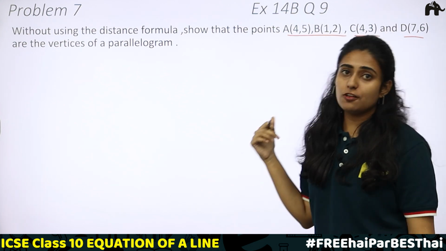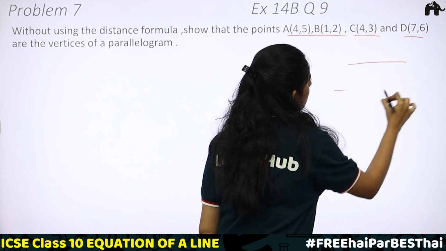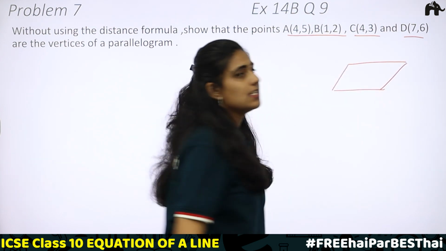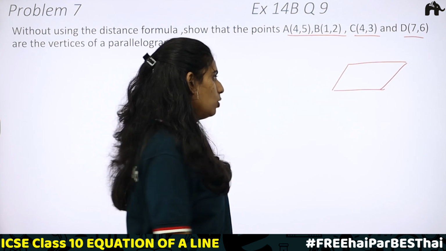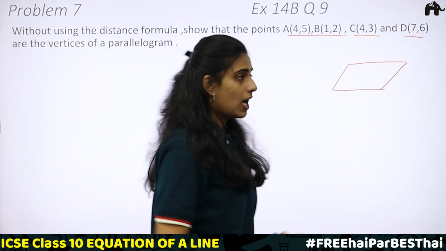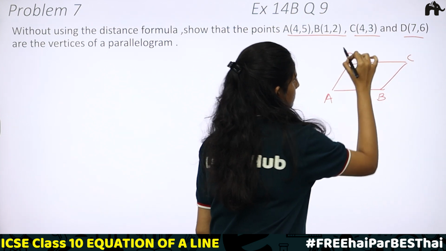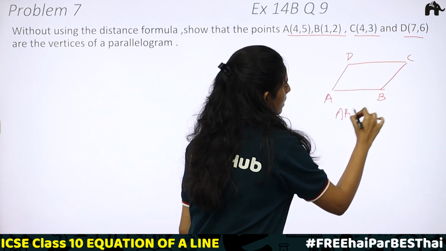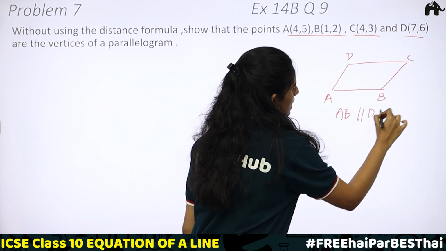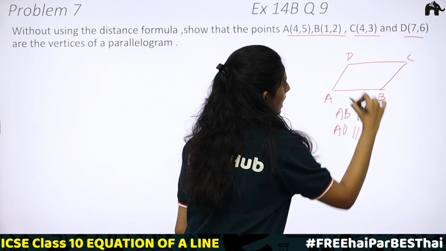What are the peculiarities of a parallelogram? For a quadrilateral, if the opposite sides are equal and parallel, then we call it a parallelogram. I am taking a parallelogram named A, B, C, D. If this is a parallelogram, then AB will be parallel to DC and AD will be parallel and equal